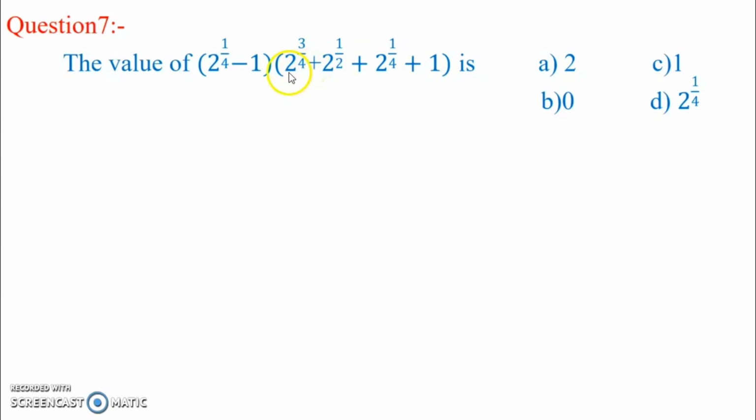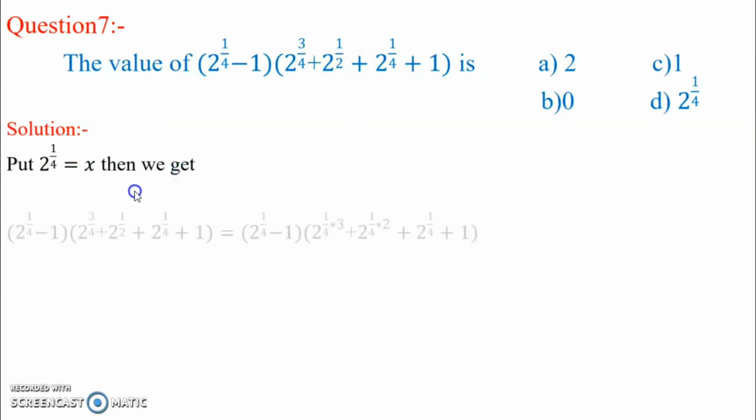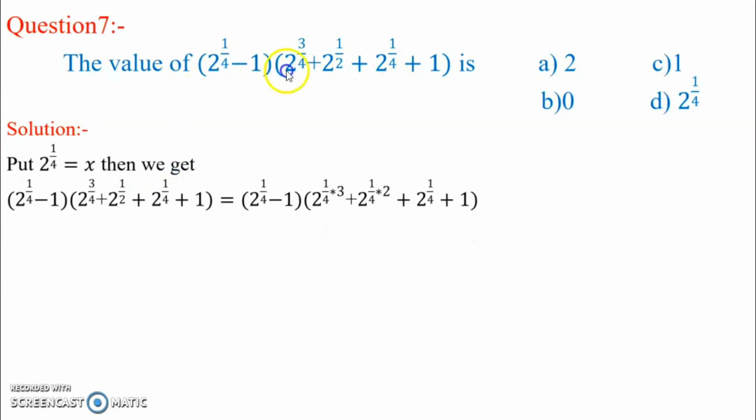So clearly among these three terms, which is the least? The fourth root of 2 will be the least. So you have to put this number 2 raised to 1 by 4 as some variable. I have denoted that number as x, so that you will be simplifying this quantity. This is only to simplify, so that there is no confusion between the given numbers. So what will happen? This quantity will now be